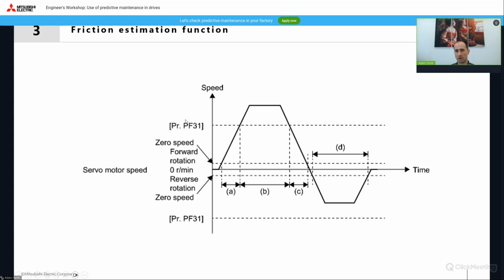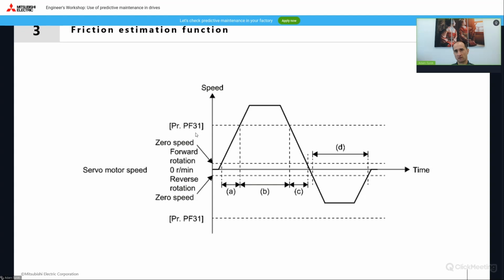So we have to set parameter PF31 that divides our movement into two ranges, the high speed movement and low speed movement. In all of these ranges, the amplifier should work at least 150 seconds to properly estimate the friction, the static friction and dynamic friction on both directions. So in both directions, at least this 150 seconds the amplifier should work. Generally, to estimate all these parameters, the amplifier needs a few minutes to judge